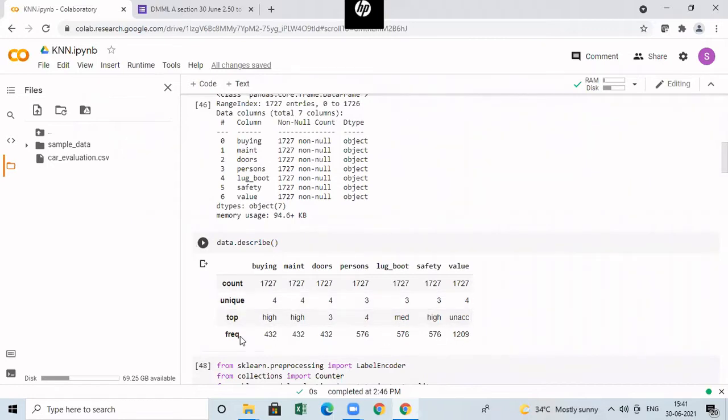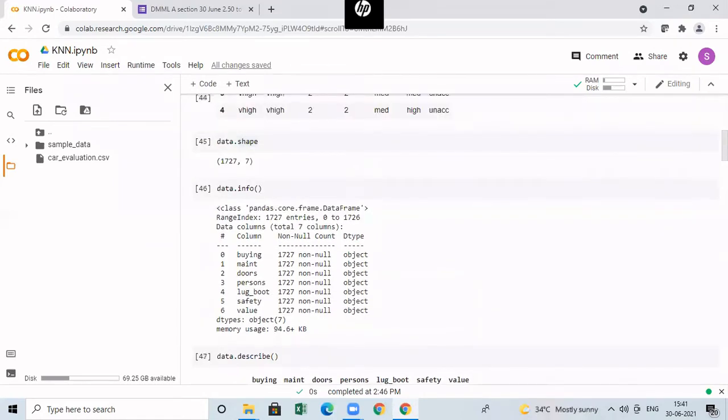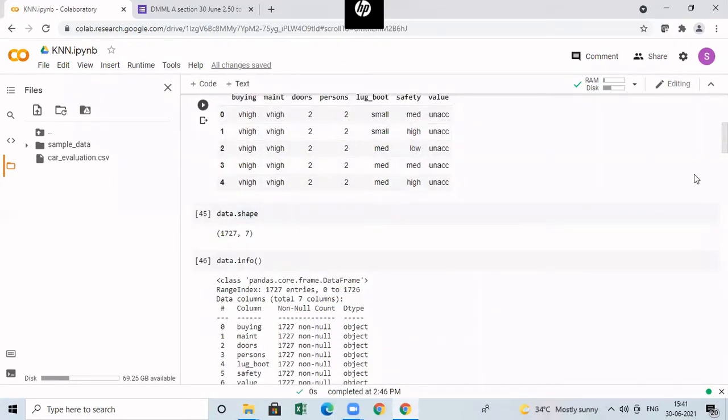If you see this, we are not getting all these descriptions, because if the data type is integer or float, you will get all of those. But now it is object, so only a few related things, like the count of entries and how many unique values are present, will be displayed in this.